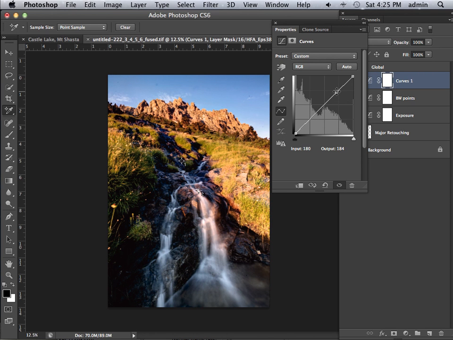You can also get a more refined grid by holding down the Option key and clicking on the grid, and you get more squares there if you want a little more precision. So again, to increase or decrease the contrast,